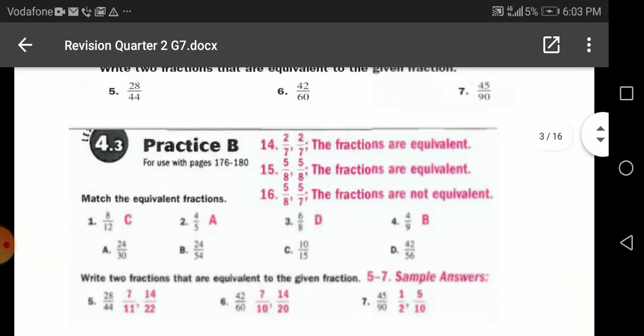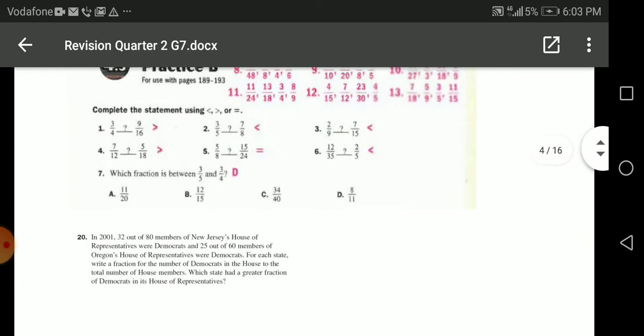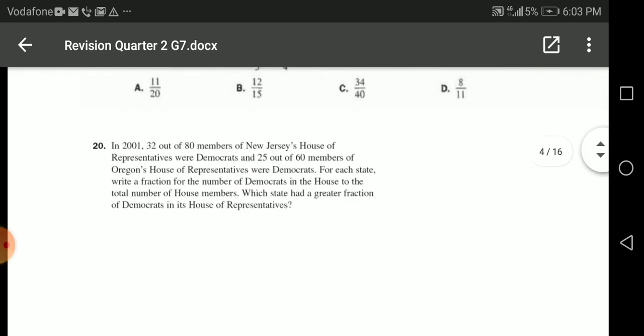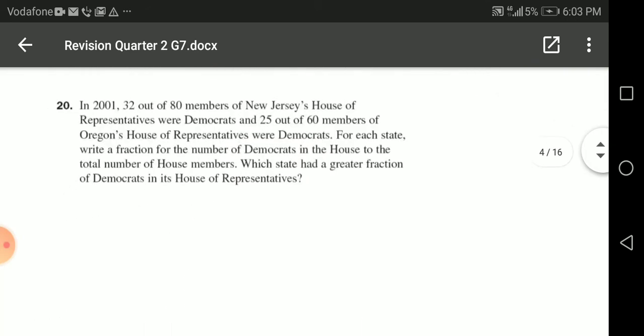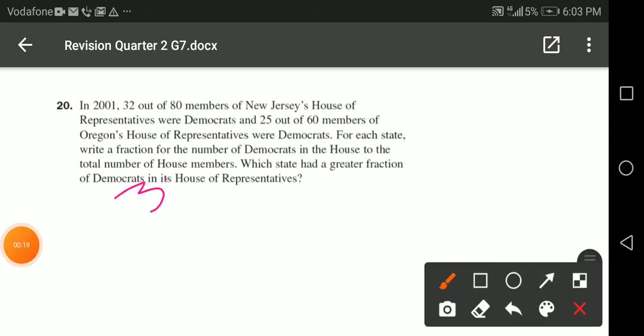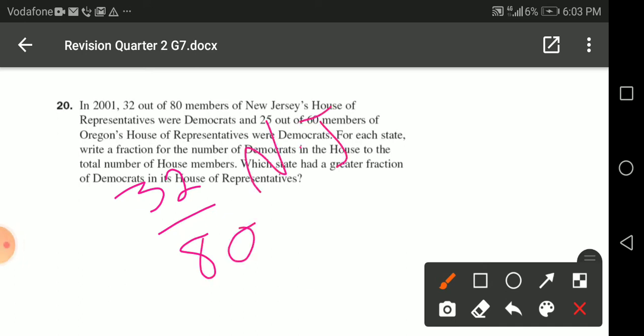Okay, here we reached the word problem in 2001. 32 out of 80 members of New Jersey's House of Representatives were Democrats. So we have here 32 out of 80 of New Jersey. And we have 25 out of 60, so we write 25 out of 60